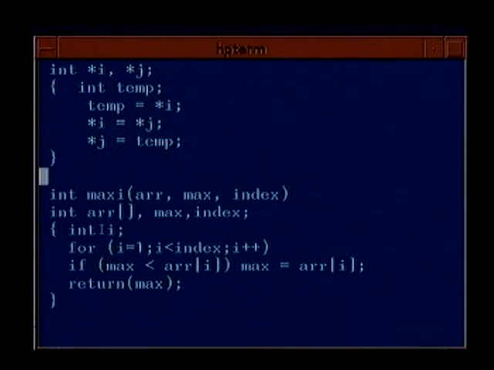In the maxi routine, I have declared int, and this int is necessary because it is returning the maximum. Maxi, this is the array which is to be passed. This is the initial maximum, and this is the size of the array plus 1. Now look, in C language, in order to pass the array, you have to just simply pass the array name. We shall come to array passing in more detail later on, but this is just an introductory example in which to pass the array, you just have to pass the array name, and you have to declare that it is an array of integers.